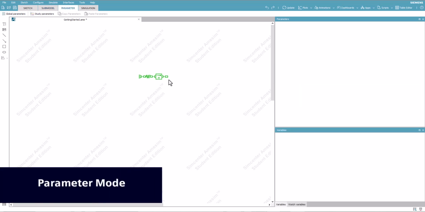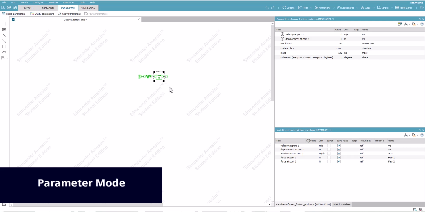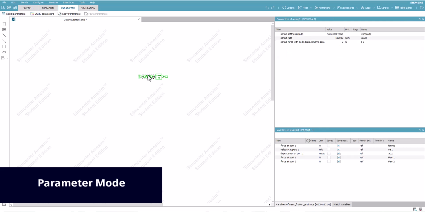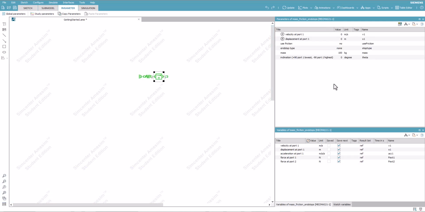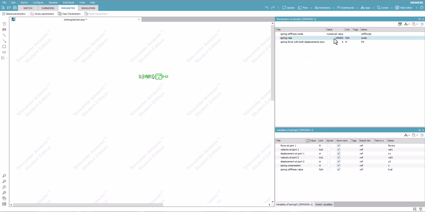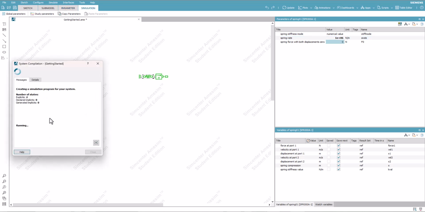Parameters in AimSim are input data for each component. Selecting one will open the window to the right, displaying all parameters that can be changed for the simulation, double-clicking on the value to be able to enter your own. Parameters with a pound symbol indicate initial values of a state variable. After entering the proper parameters for a system, the user can move to simulation mode, where first the model is compiled.